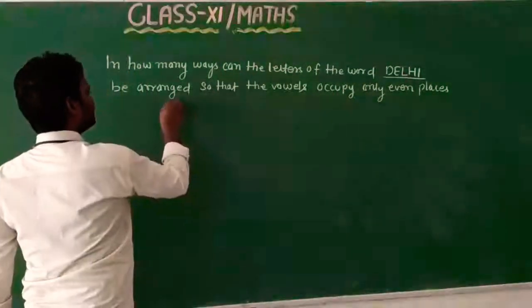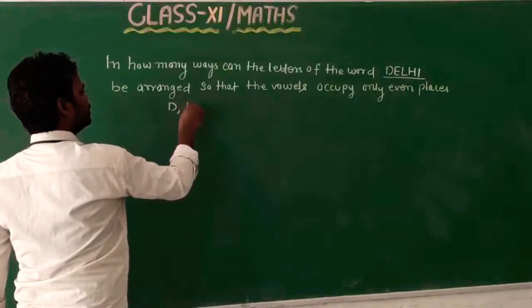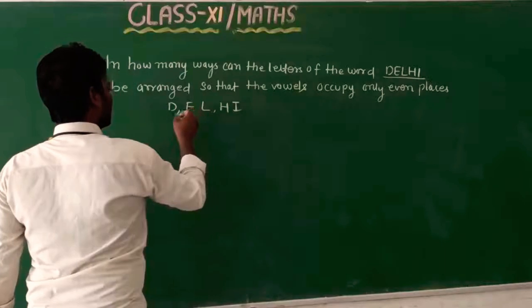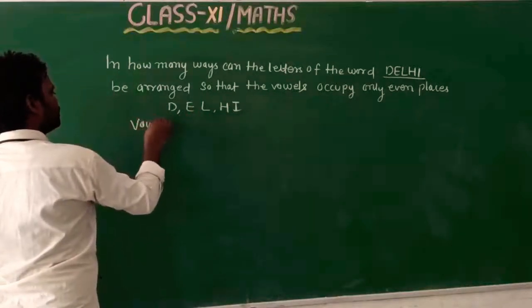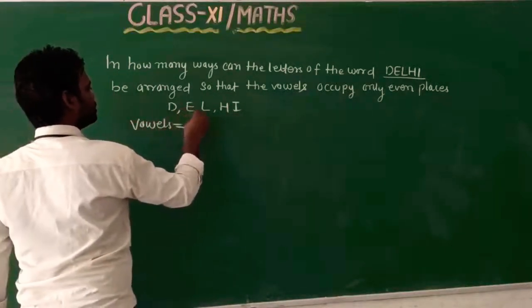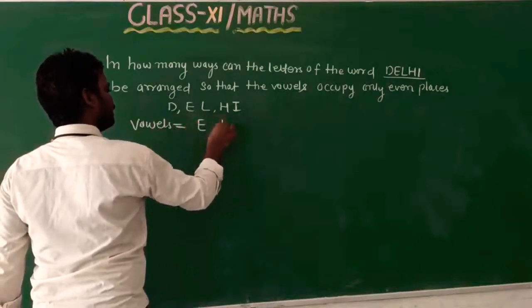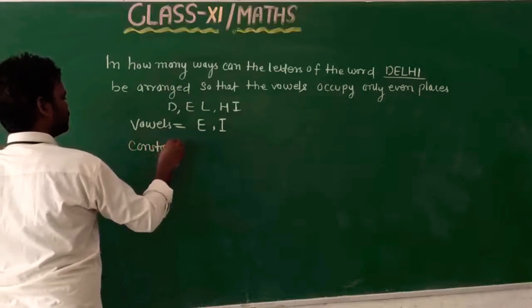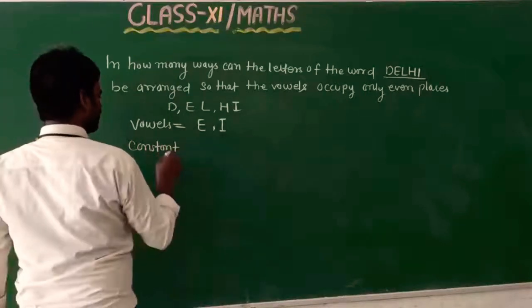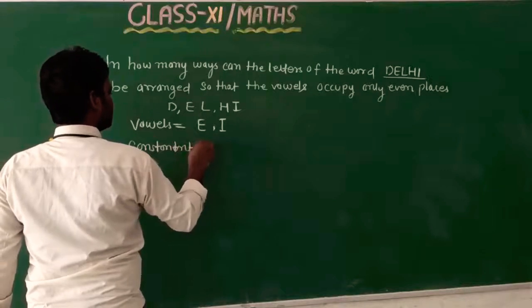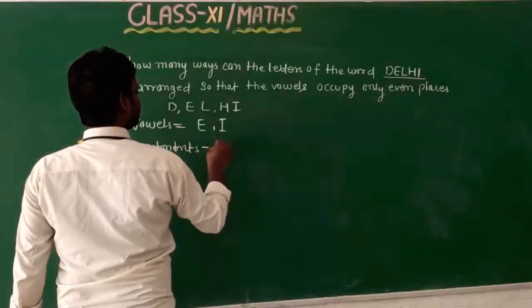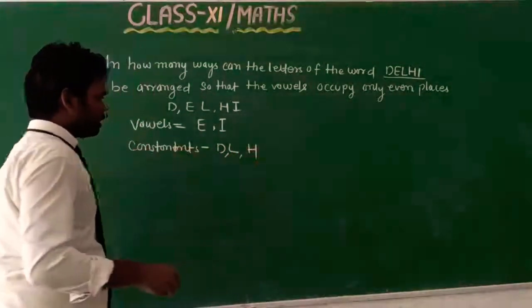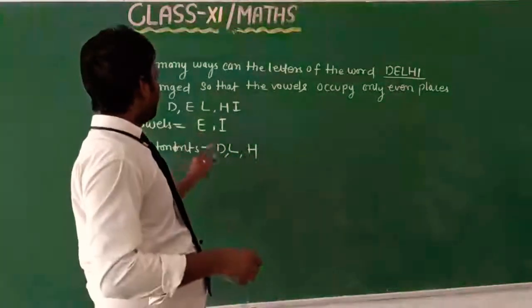Okay, this is D, E, L, H, I, and the vowels are E and I, and the consonants are D, L, H. Okay, so there are 3 consonants and 2 vowels,